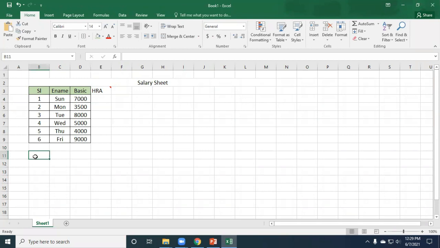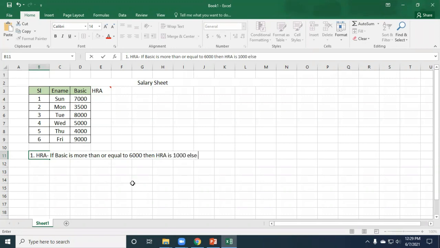First, you have to give the condition for how you will find out HRA. For example, I am giving the condition: if basic is more than or equal to 6,000, then HRA is 1,000, else 800.